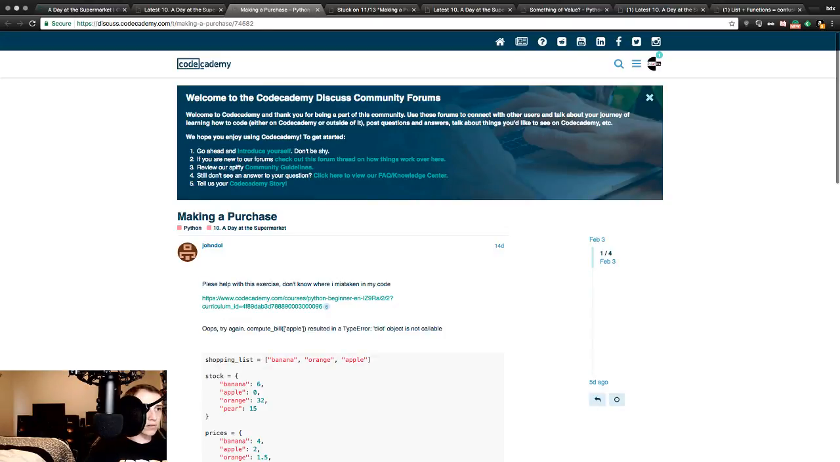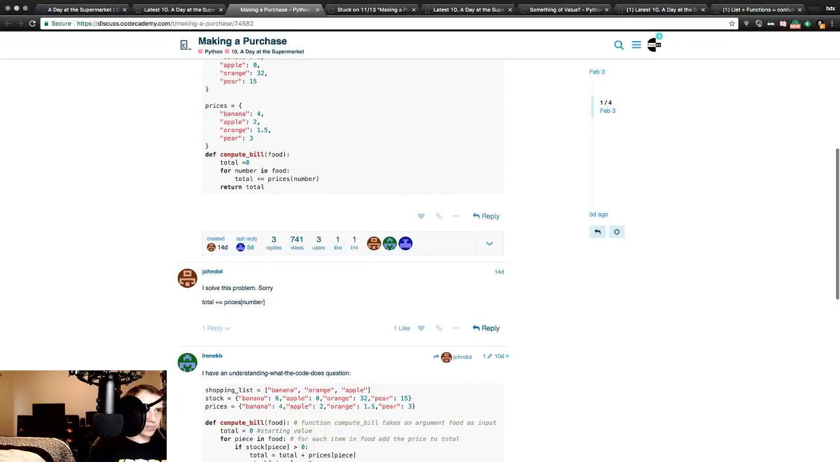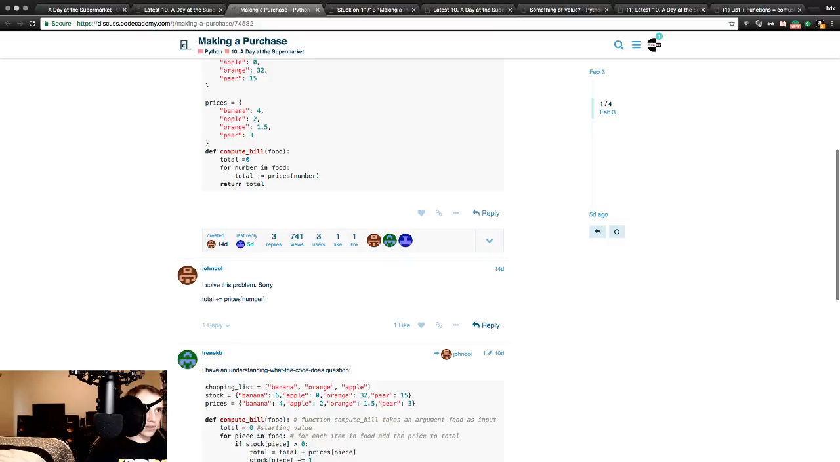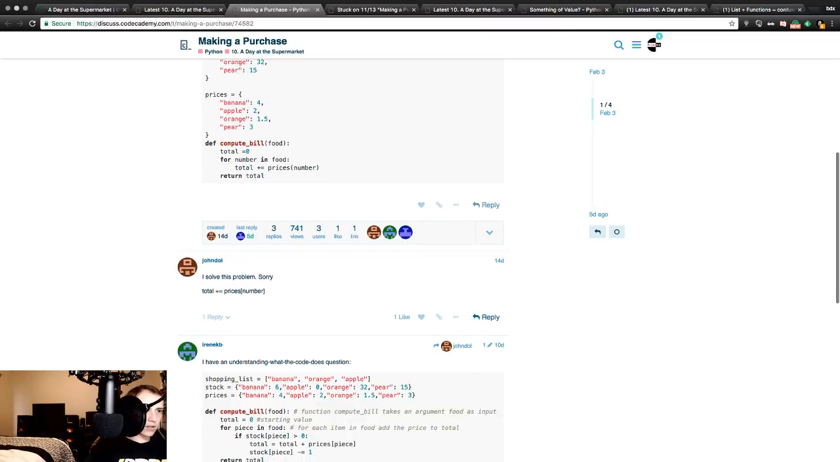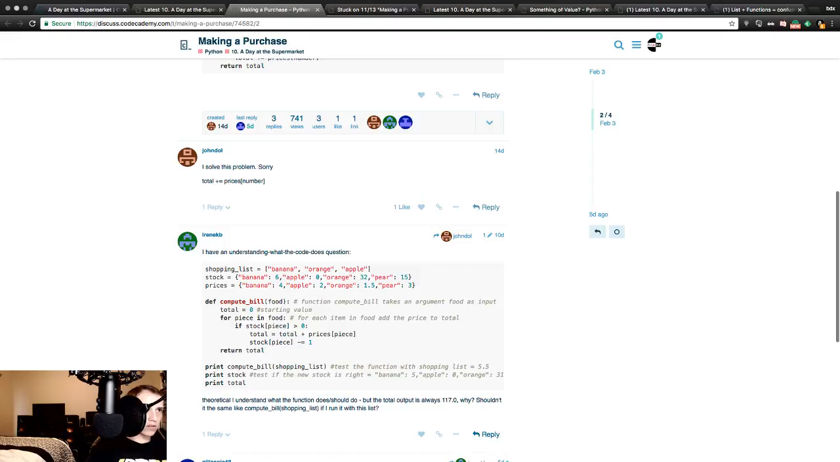Making a purchase. We've got compute bill food. Total equals that number in food. Strange. Total plus prices number. Total, that looks odd. Plus prices. I solved this problem. Sorry. Total plus prices number. I need to reference the whole dictionary. Is that the issue? So it would be